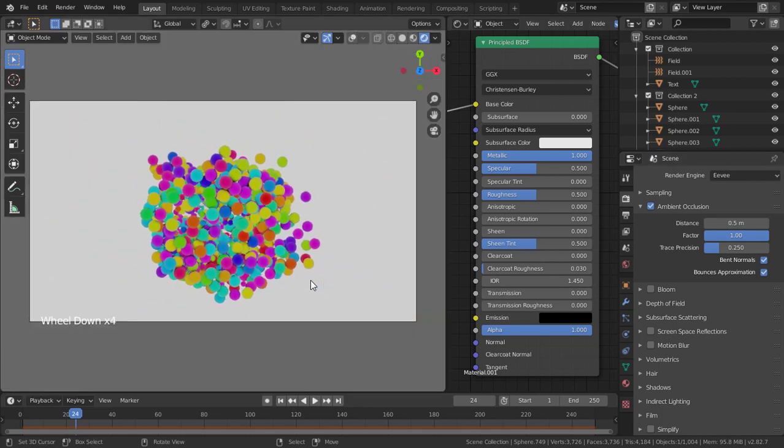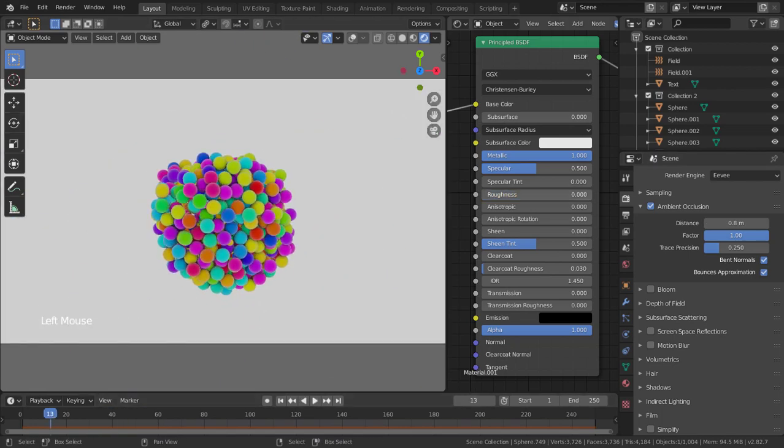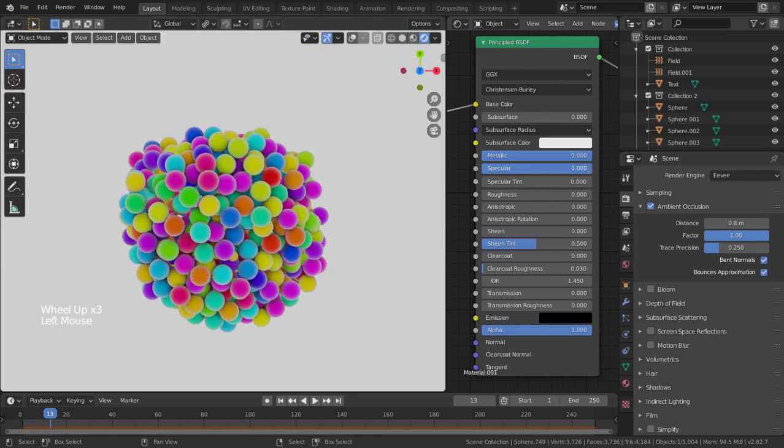For this intro animation, set the distance value to 0.8 meters. Finally, set the material's metallic value to 1, and set roughness value to 0.